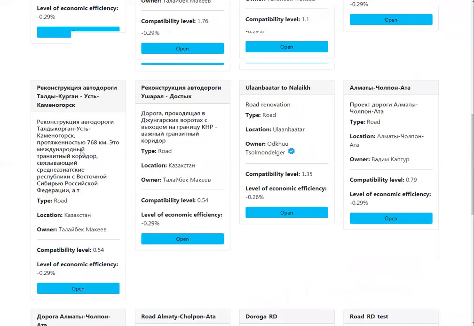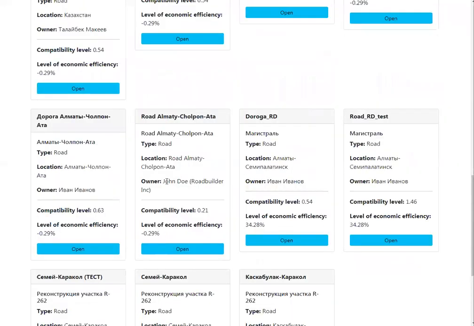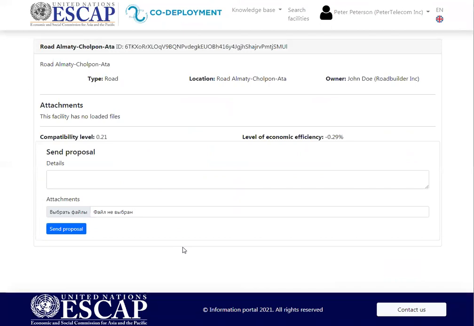But let's find something related to the previous video. In the previous video, we created the user John Doe from Road Builder Incorporated, and here is the road Almaty Ponata. So let's open the result of the search,